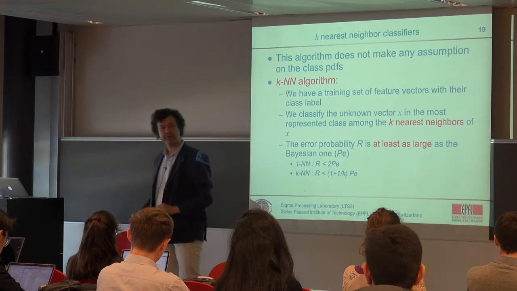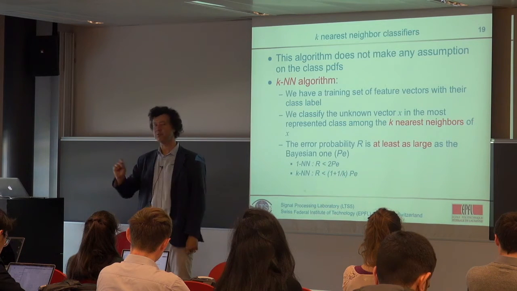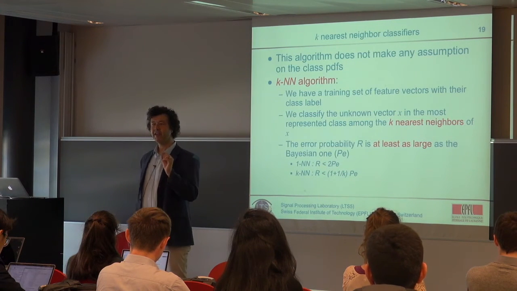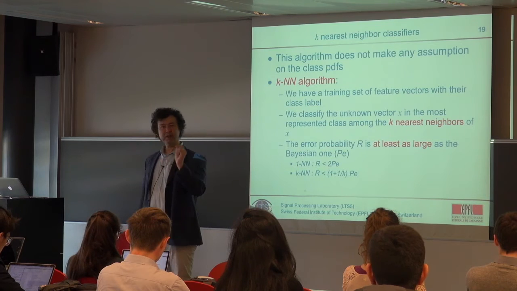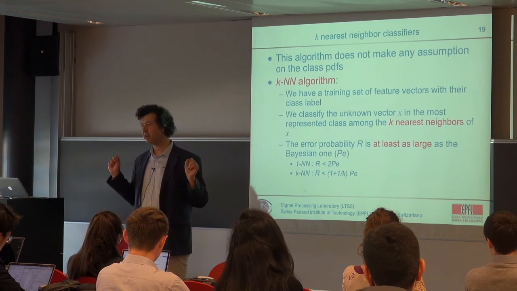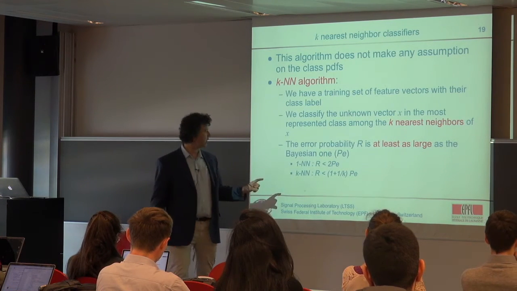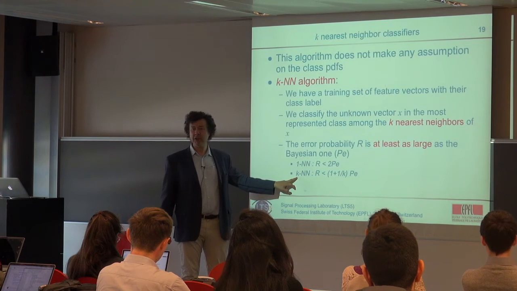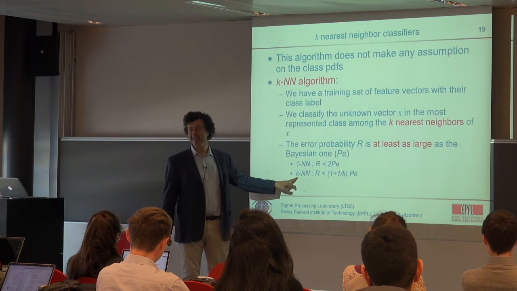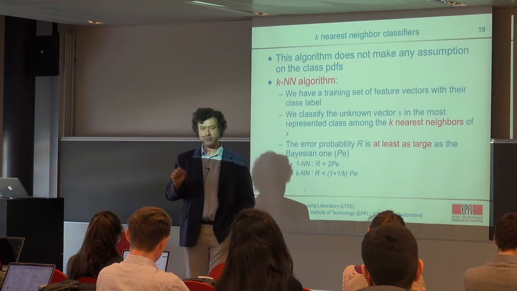Then I take another point. I take its 1100 neighbors, class 2. So if you take k too big, you will definitely always take the same decision, which is the class that is most represented in your training set, which is stupid. So this is the trick. You have to take k very big, but not too big. I like this rule: k has to remain significantly smaller than the size of your training set,